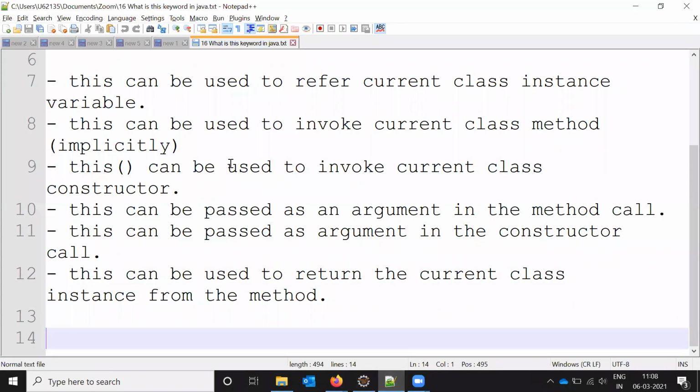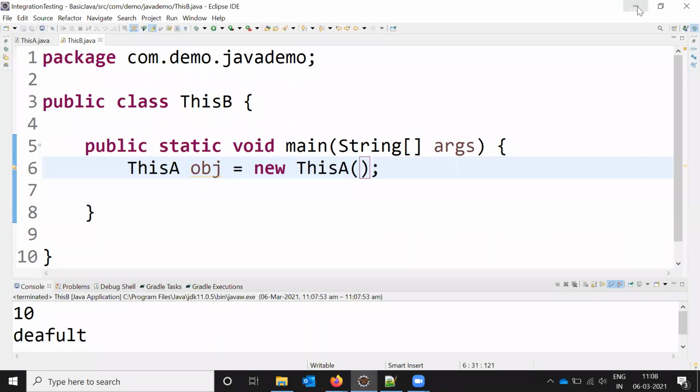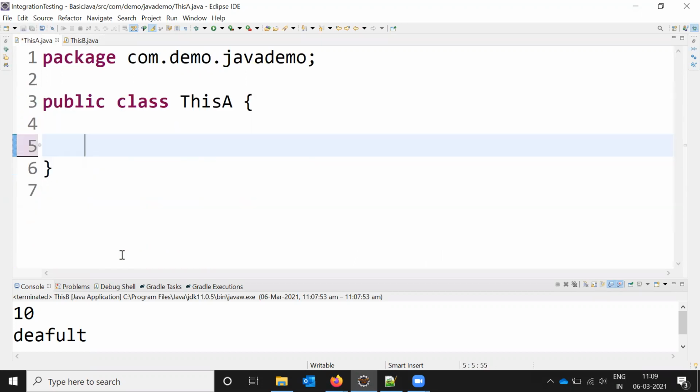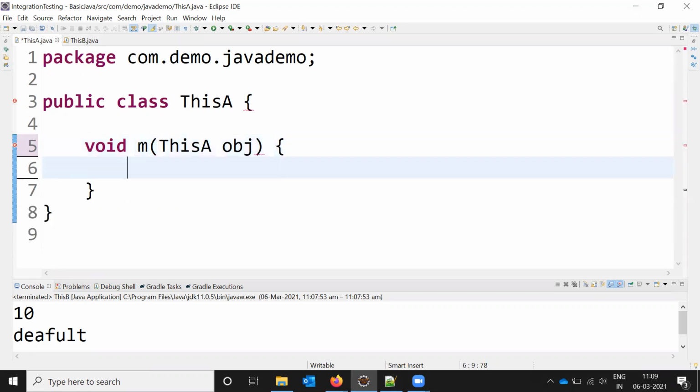Now the fourth one is this can be passed as an argument in the method call. This keyword we need to pass in a method argument also. How, right? Now see here, I have a void method. I'm going to create it first. Void m is the method, and here I'm going to pass this a is object one. Okay, and here I'm going to call this one